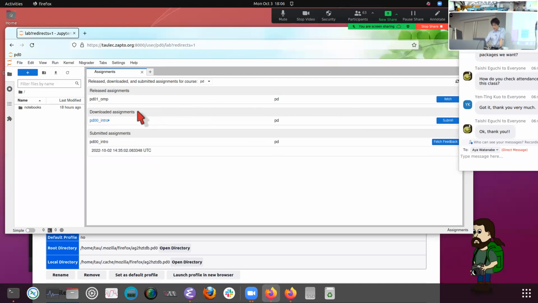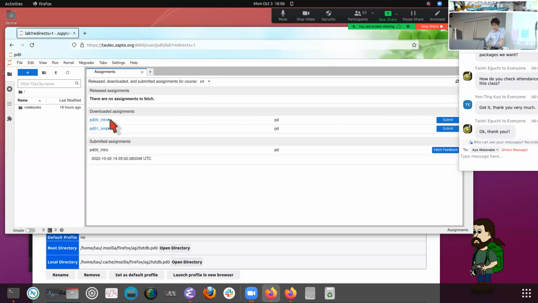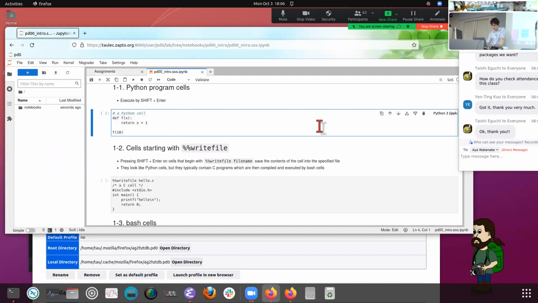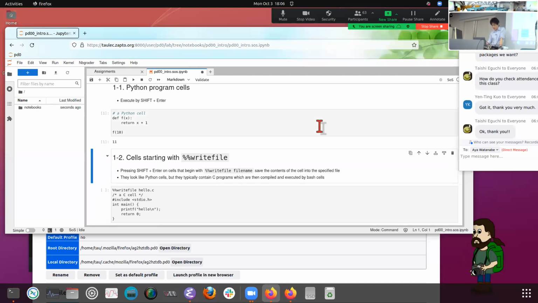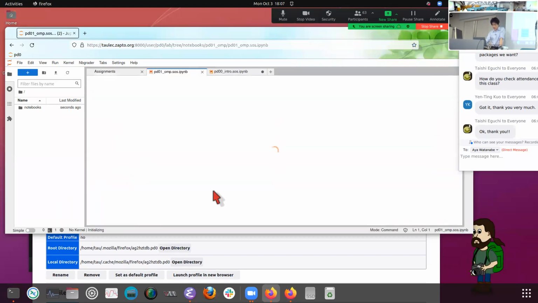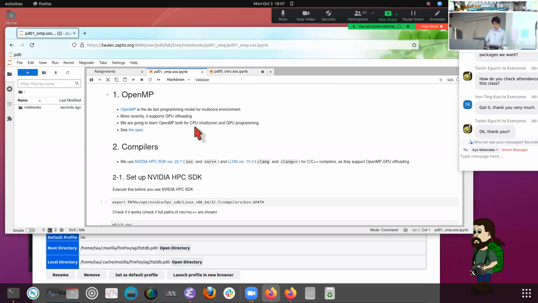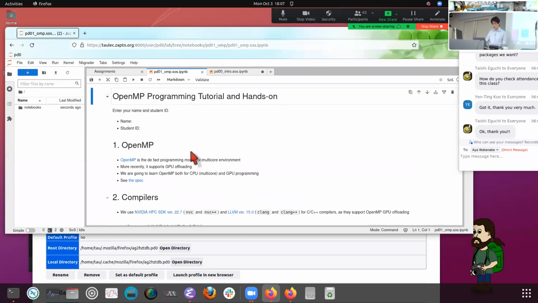The first one is fairly trivial, just talking about how you work in Jupyter Notebook in general. The only thing you need to master is Shift plus Enter, just pressing Enter while you're holding Shift. And this is the first real thing talking about OpenMP. So if you have done everything else, you can immediately start working on this. Of course, I didn't explain OpenMP at all, but